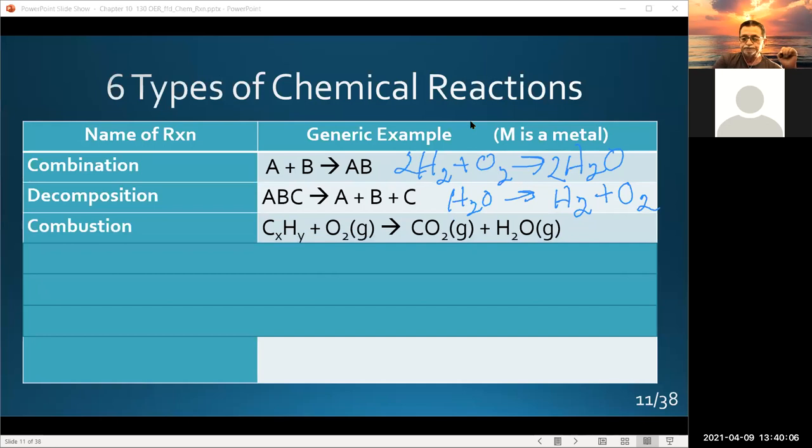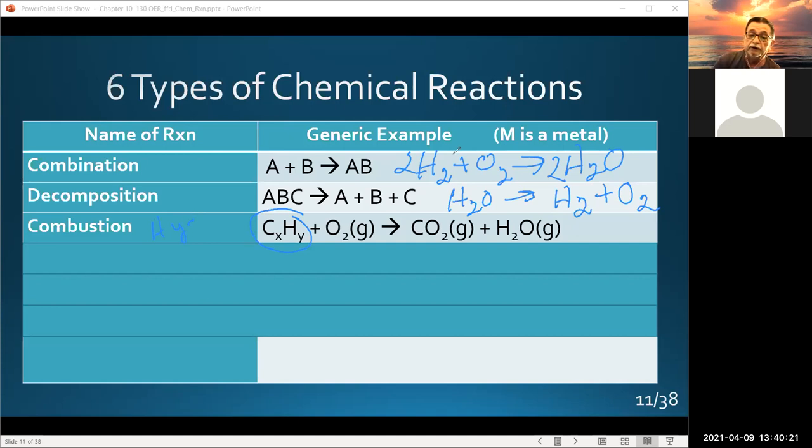Combustion reaction. Okay, here's the thing about combustion reaction for Chem 130. The only combustion we're going to be dealing with is combustion of what are called hydro